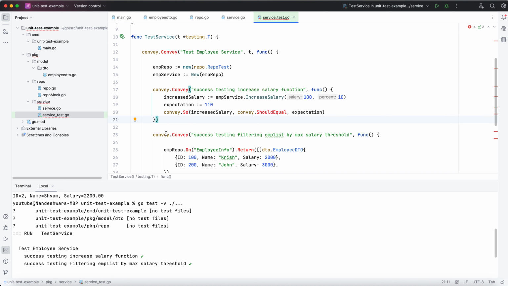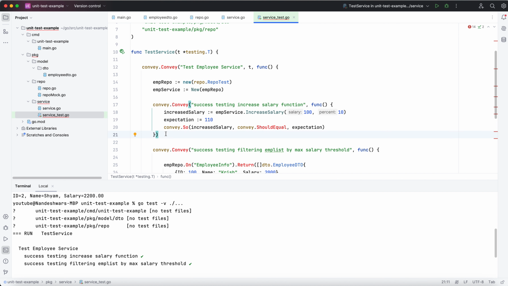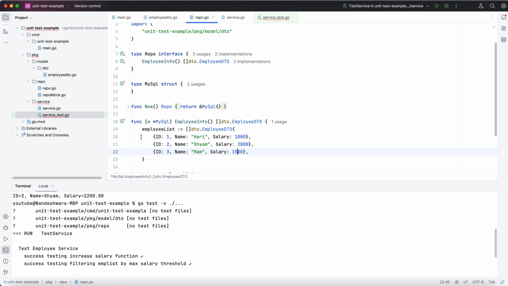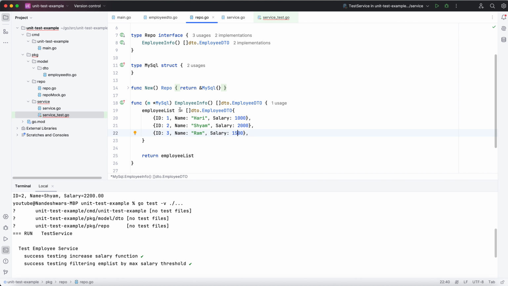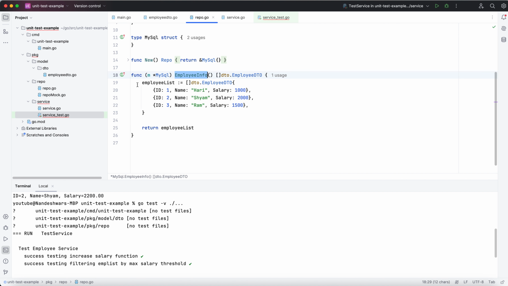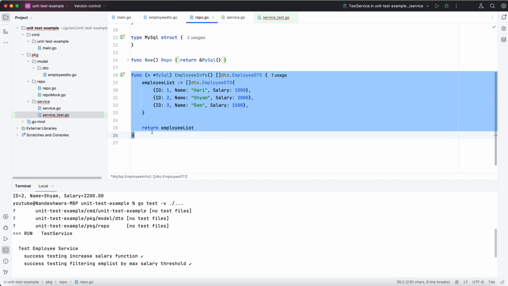Now we are going to test the function that depends on our database. So before testing that, we know in this database we have a function employee info. So for this function we need to mock this function. We need to bypass this, and here we want to return the value whatever we need. So in order to mock this,